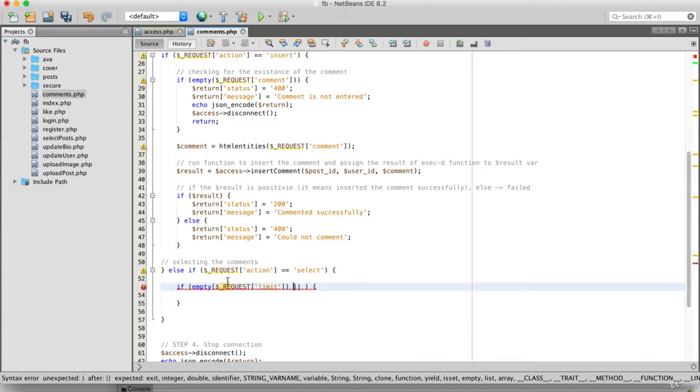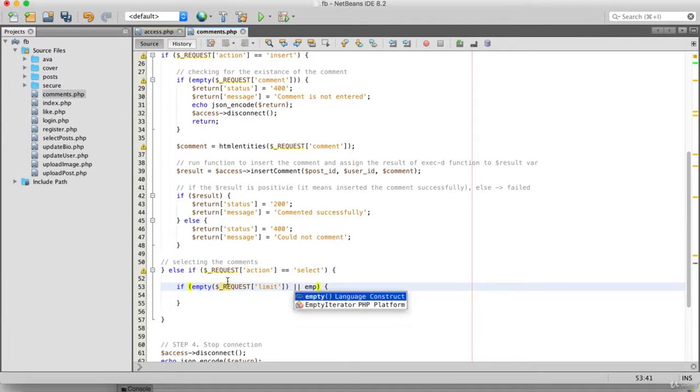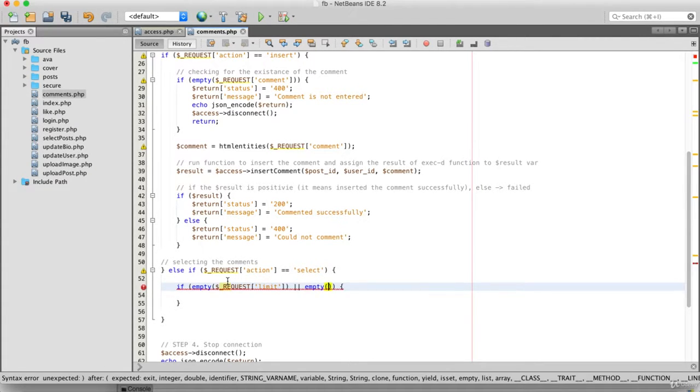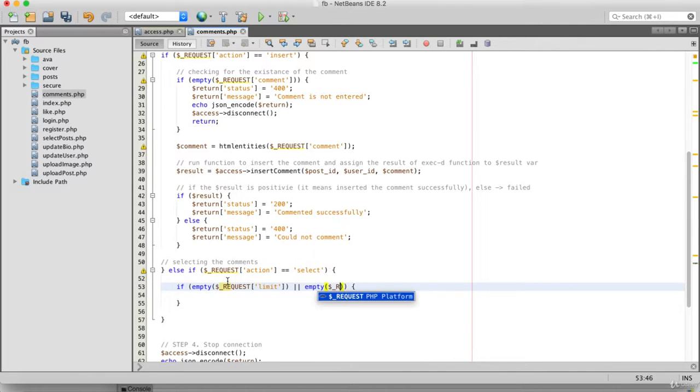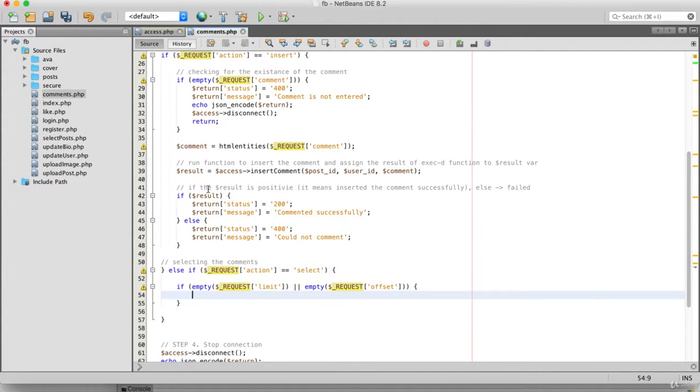Then we'll put the or symbol and we'll write again empty, and then we have again third round brackets. In the third round brackets we'll write $_REQUEST, then square brackets, then single quotation marks. We write offset. If one of these values, which is limit or offset, is empty, then we want to return the message, which will be return, then square brackets in quotation marks, status will be 400,